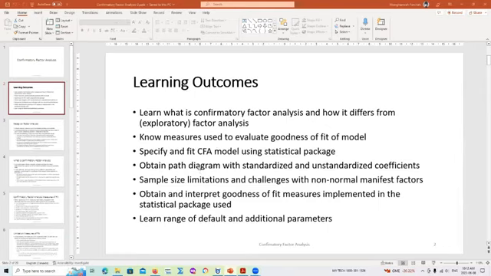Then, of course, you look at measures of goodness of fit, but you also need to be sure that the relationships you were intending to specify are correct. If you specify a model, it's a good idea to see whether that model produces the path diagram that you were hoping for. There are many ways of writing a path diagram, which can sometimes be a challenge to interpret, but we should be able to obtain the path diagram. And there's this idea of standardized and unstandardized coefficients, which I find in the literature.